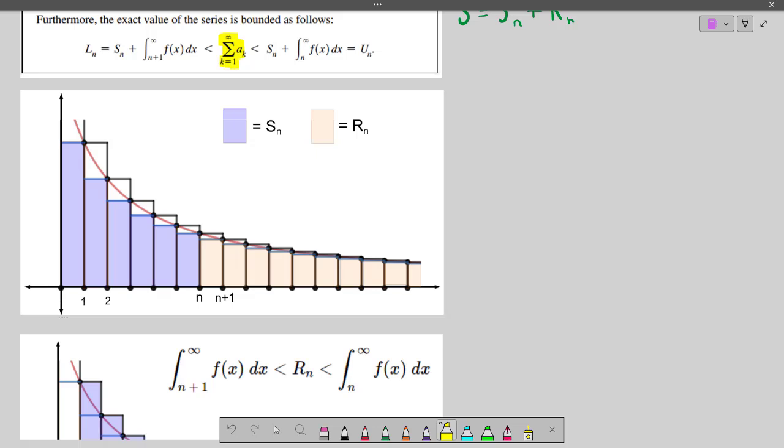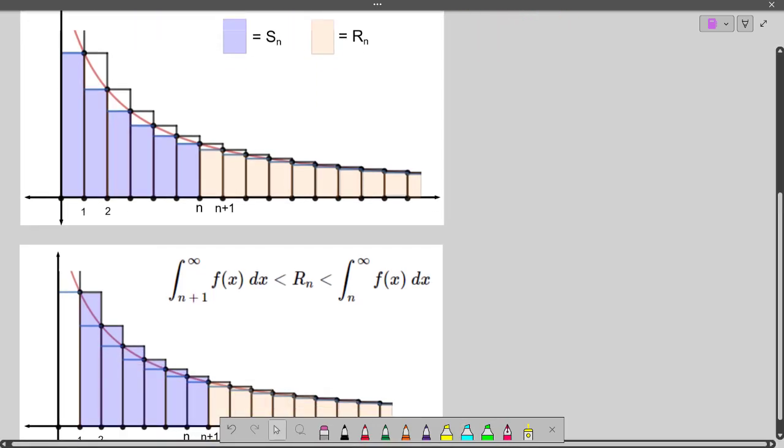We've got our partial sum right there. We found our S sub n. And then we have our two estimates for the remainder. So the remainder is trapped in between those two. If we use that integral there, that's going to be an upper estimate for the summation. And if we use this integral here and add that to S sub n, that's going to be a lower estimate. So the important thing about the remainder is that it's just trapped in between those two integrals,